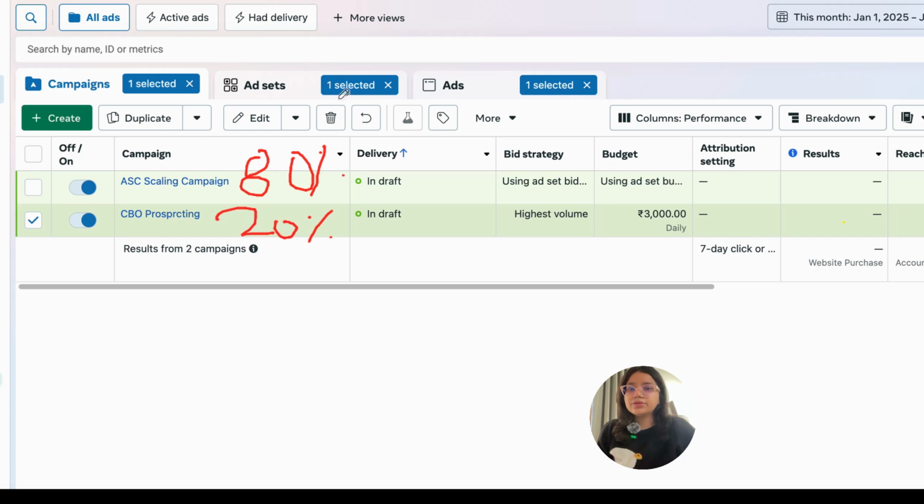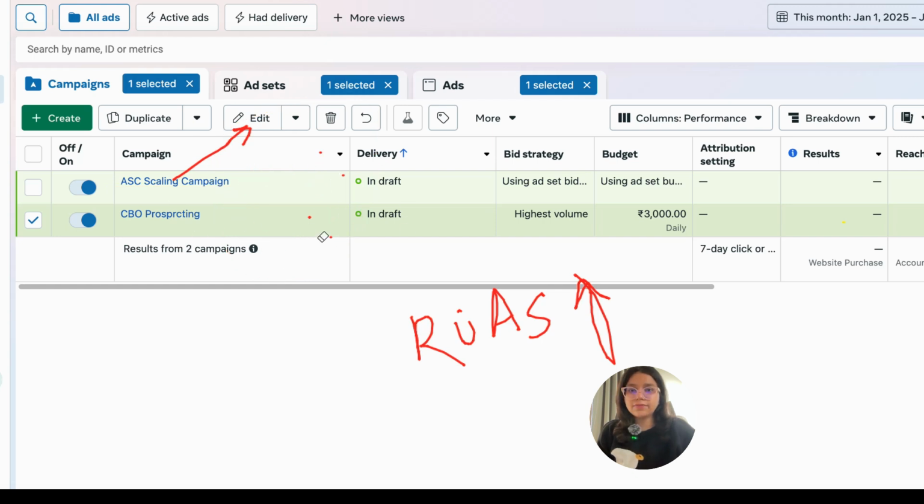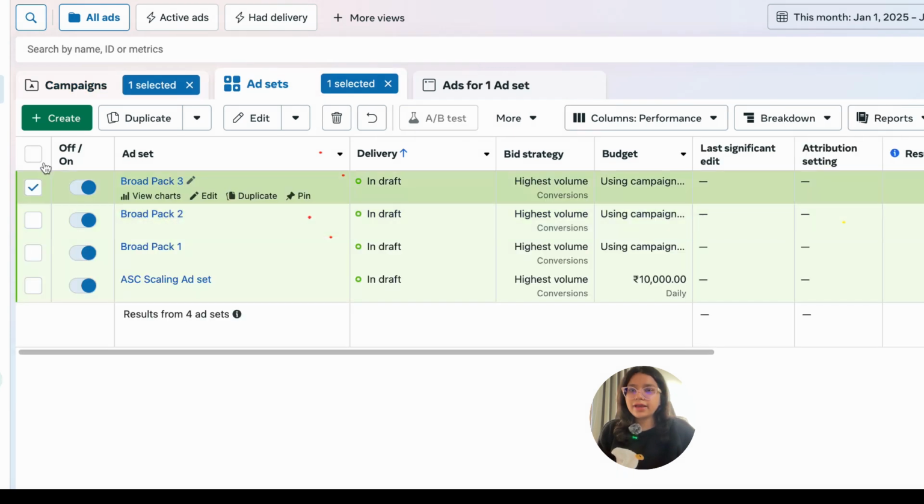So once you get to this ratio and you're able to scale your ASC campaign, your overall ROS will shoot up drastically. Now let's say you want to test more creatives. You've tested these 3 packs and you found out your winners. You've transferred your winners to the ASC campaign. Now you get a photo shoot done one day, you get some content, and you want to test those creatives as well. So what you're going to do is go into the same CBO prospecting campaign